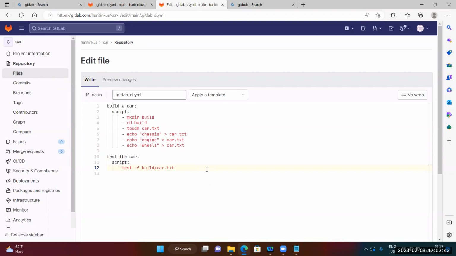I'm just checking whether the file is available in the build folder. When the file is available, we are going to run some commands on the file to test it. If it is there, I'm going to cd build,